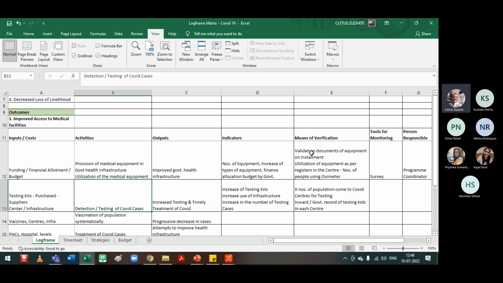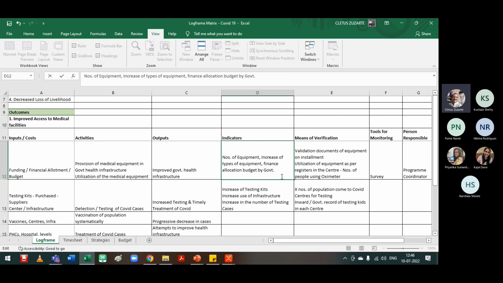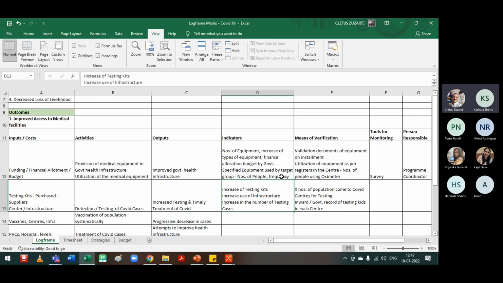So when you're verifying it, you will verify it in the field as to the number of equipment used by the center. Okay, the specified equipment used by the target group. Okay, number of people and frequency. So now suppose I'm just looking at some of the indicators, like say number of people and frequency. So when you're looking and measuring this, you will include